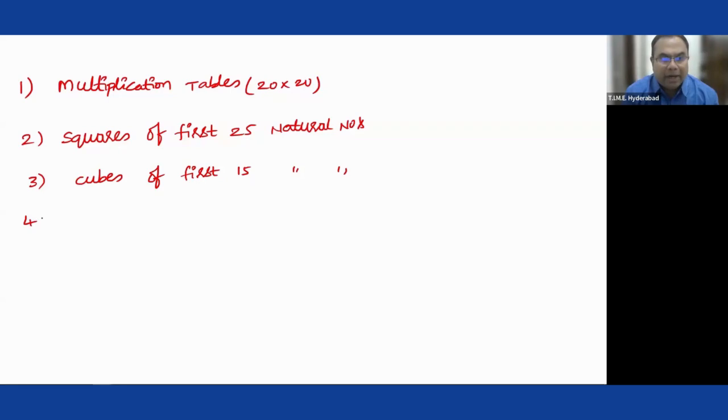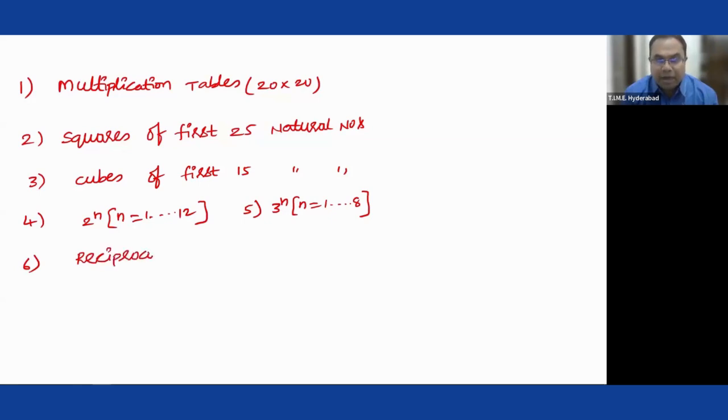Then you have to learn by heart powers of 2: 2 power 1, 2 square, 2 cube, up to 2 power 12. You have to learn by heart powers of 3: 3 power 1, 3 square, 3 cube, up to 3 power 8. Then you should be good at your reciprocal values. Most of you are ready with this. Reciprocal values will make your calculations easy. We call them fraction values. I'm not going to discuss them, but you should be able to tell or learn by heart reciprocal values up to